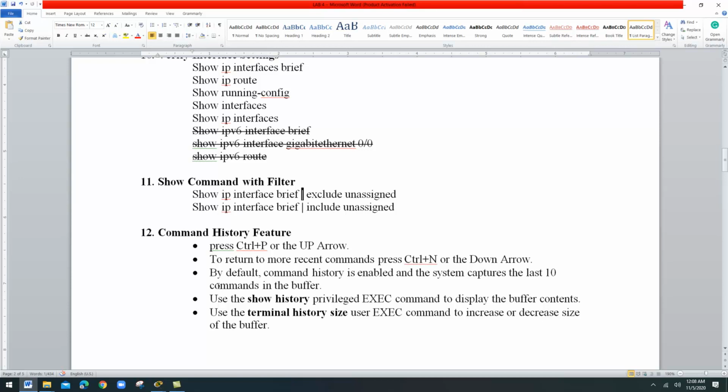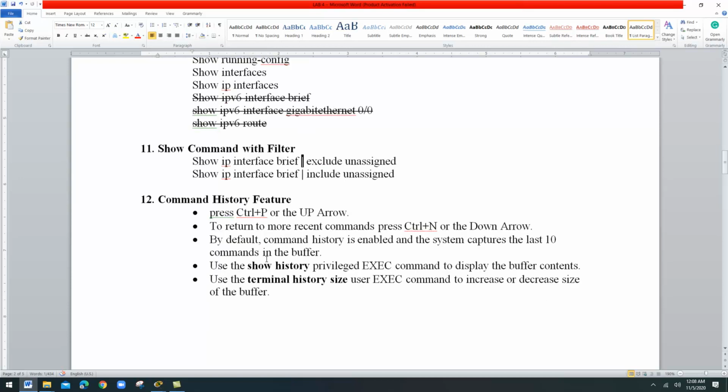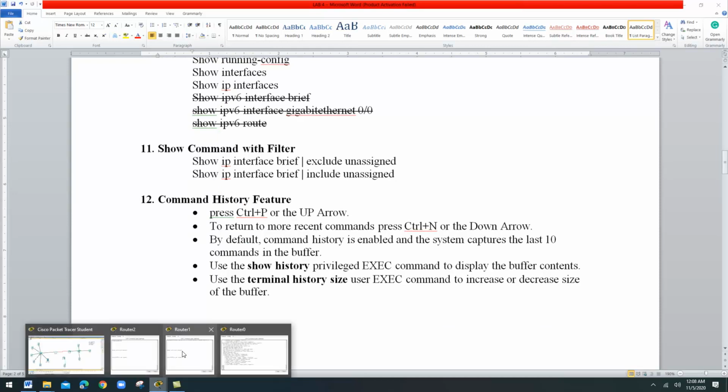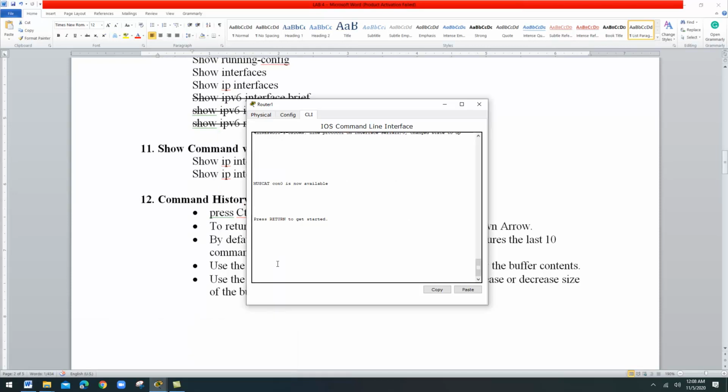Then the next one is command history. What is command history? You can use the arrow mark. I just go to router 1, I am inside router 1. There are a lot of commands we are doing. For example, I am going to use enable, then config terminal.